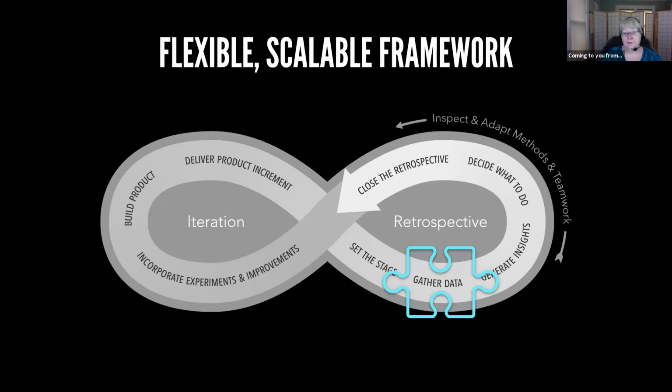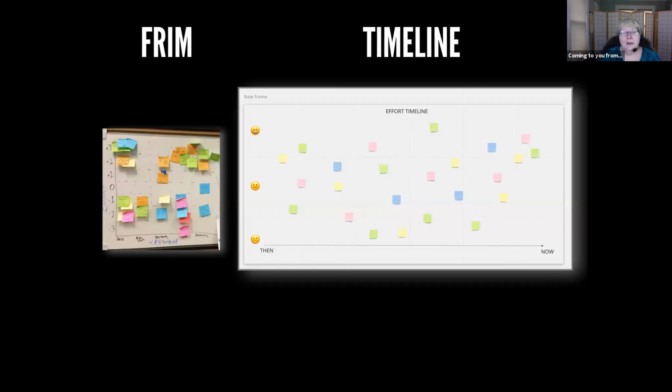So now we're going to do some gathering of data. Things like this FRIM chart over here on the left, that is impact, positive impact to negative impact on our work. And across the bottom is frequency, which is FRIM. I'm terrible at naming activities, it's not my sweet spot, let's just put it that way. But anyway, this is called FRIM, and it's frequency and impact.